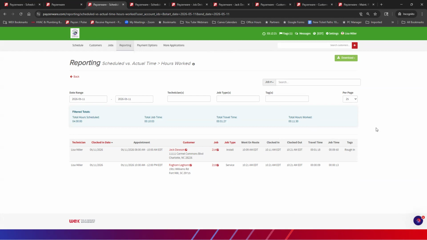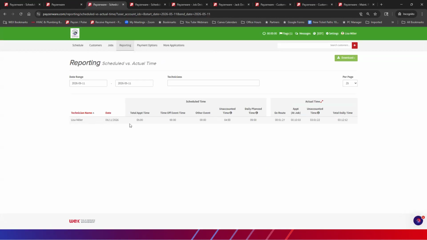The caveat for this is they have to clock in and out of the appointment for you to use this report. If they don't clock in and out of the jobs using that mobile app, en route, job completed, they're not going to show up here. Okay, so it's on them. If it's not on here and this is the way you're paying them, then you're going to have to address this with your techs and or do a lot of legwork trying to go back and figure this out for them. But just remember,